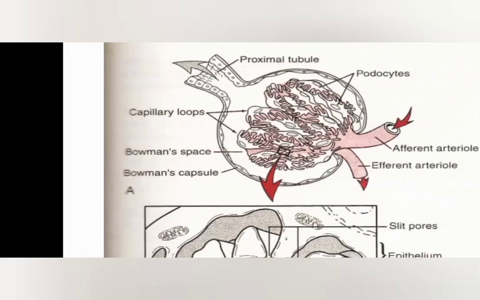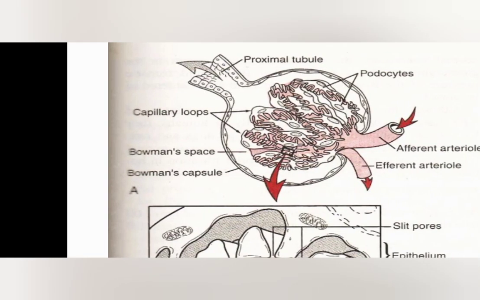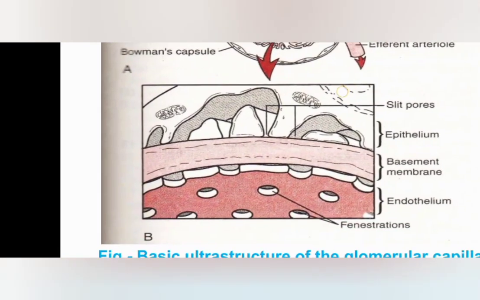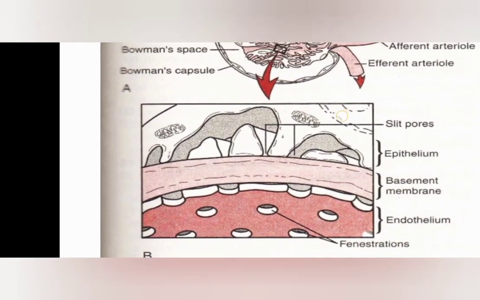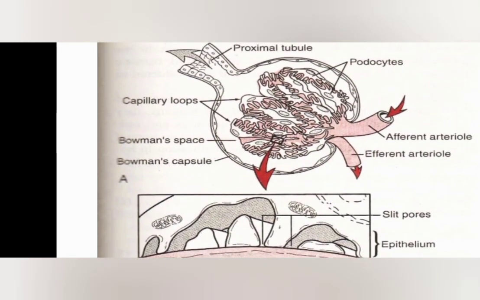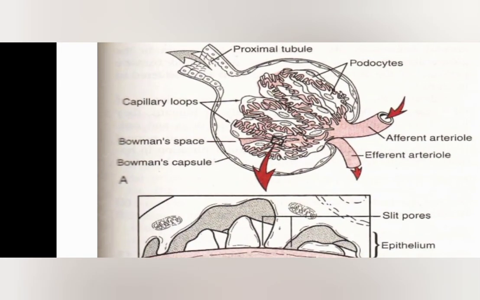This is the tuft of capillaries, and since the capillaries have numerous pores, the plasma and all the water and whatever substances are capable of passing through these pores will filter out and come into the Bowman's capsule, that Bowman's space which is present outside these capillaries. Then the filtrate passes through the tubules. Now it is called glomerular filtrate, not urine. I told you why not urine.